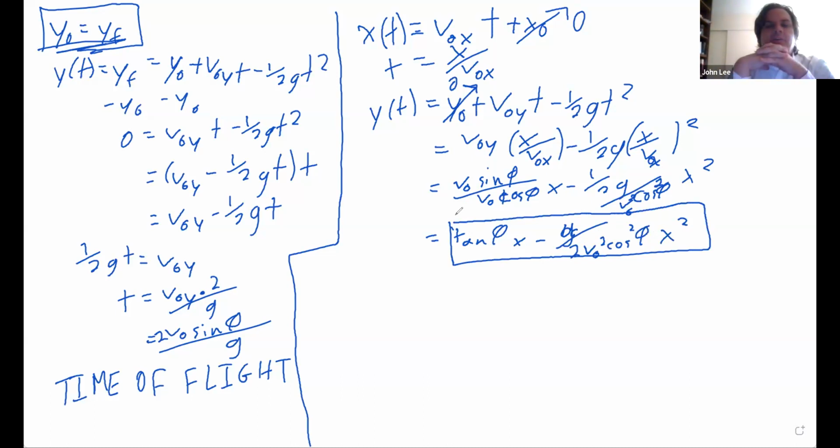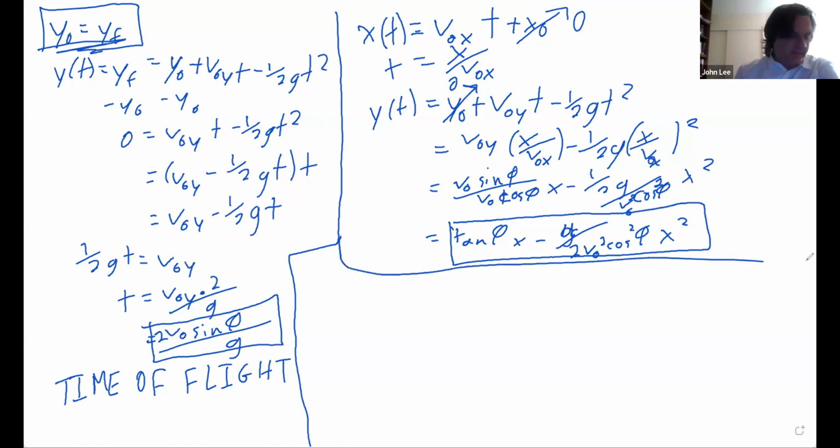So y is dependent on x as a parabola, with the coefficient in front of the x squared term being g over 2 v naught squared, and the coefficient in front of the x term being tangent of phi. So if this is the case, then we can